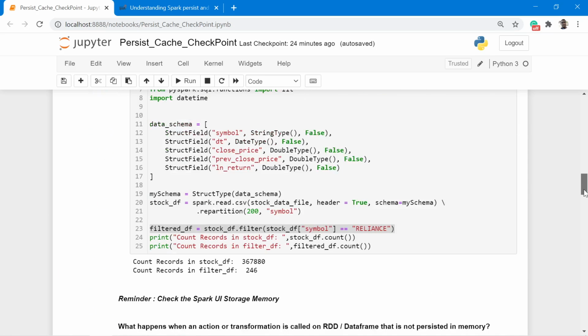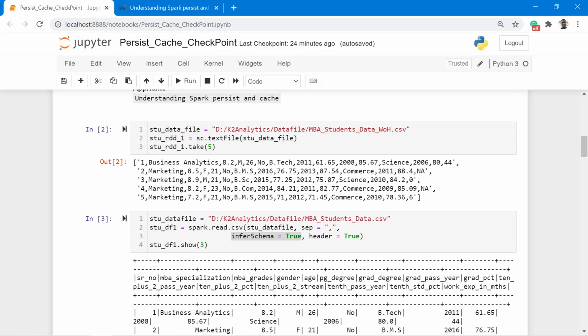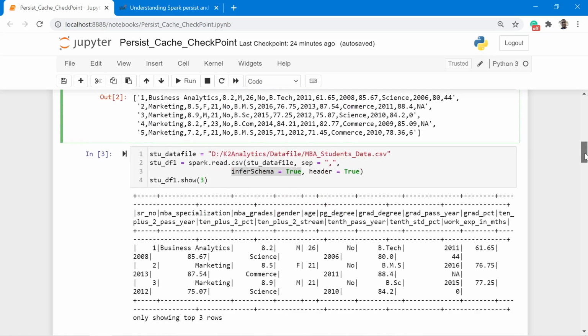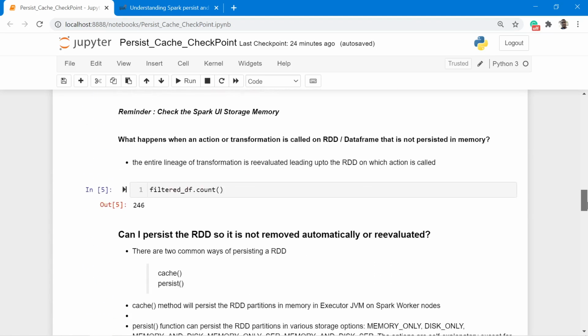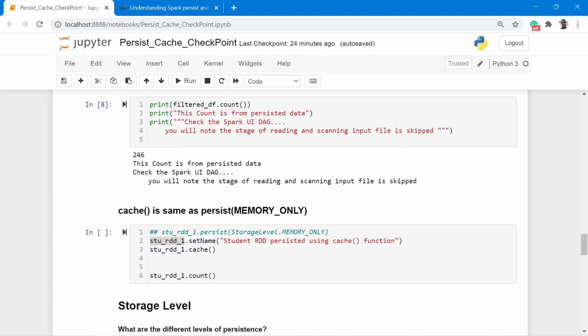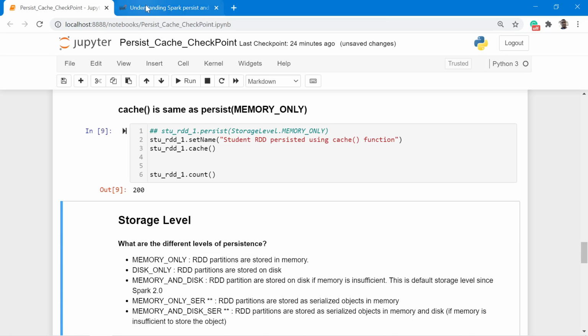This is the step if you have forgotten. Here we had imported and created the students RDD. It is an RDD, it is not a data frame. With RDD, you have a function called setName. So I'm just giving some logical name and I'm calling the cache function and a count function because an action is required. Having called the count, let us now see the